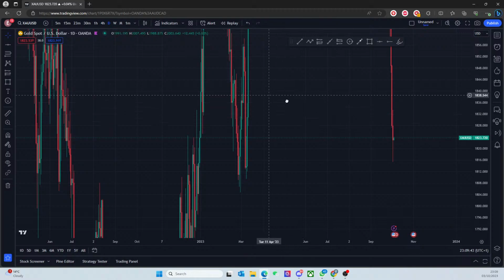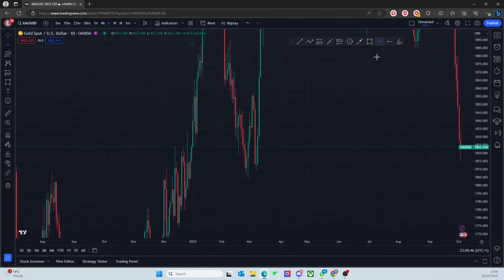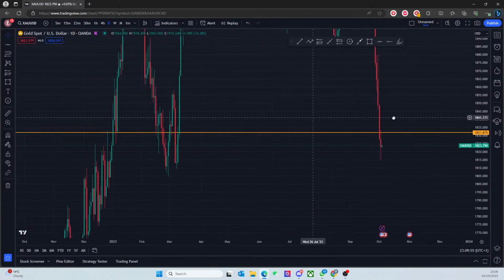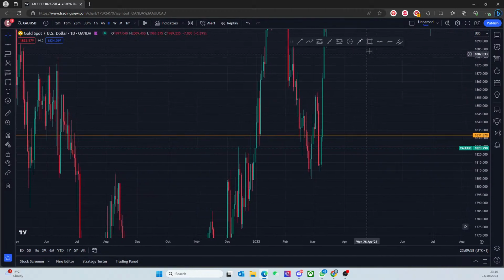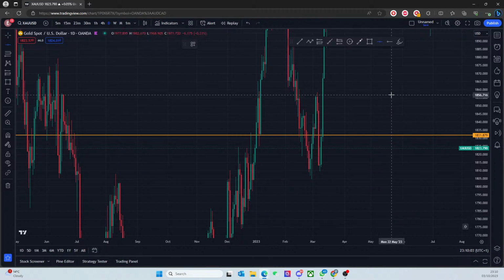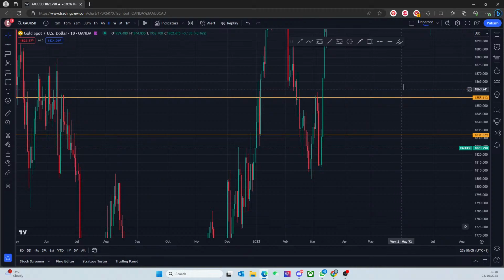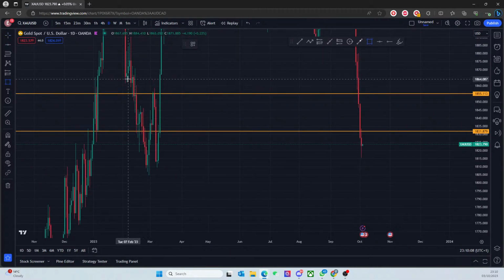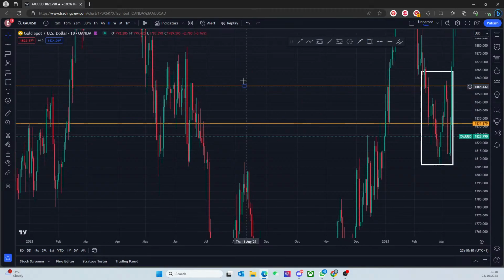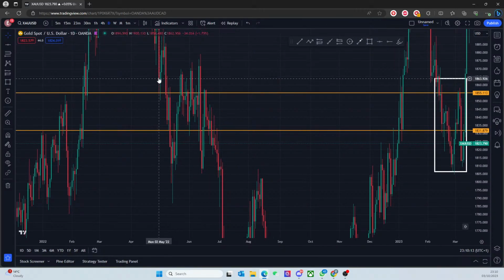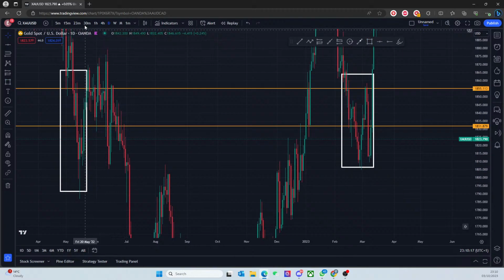But firstly, I'm going to get rid of all of my levels. I'm going to mark out some key levels. So we have a pretty key level around these sorts of areas where you're closing below. And I'm going to mark up this. Actually, this is your top of the range for the daily. And I'm just going to do this. So I'm interested in this, number one, and I'm interested in, I would say, this. Cool. Let's drop to the floor.